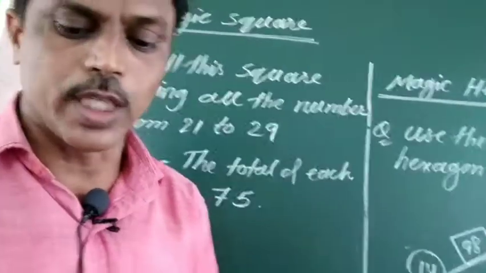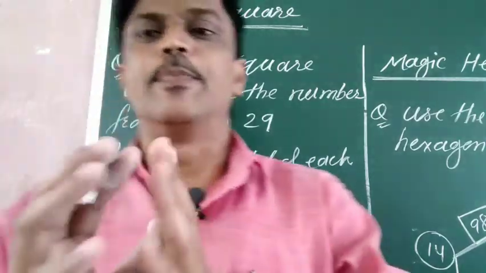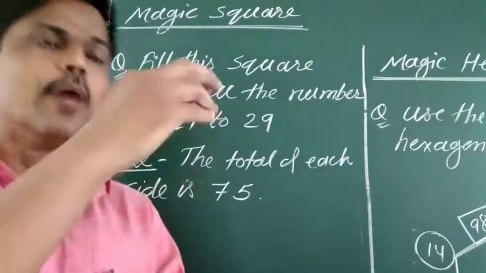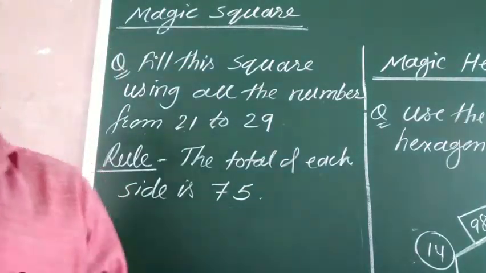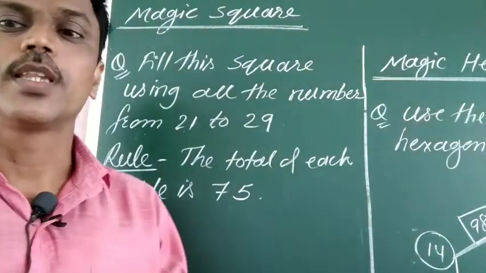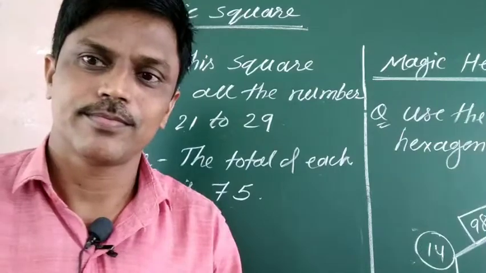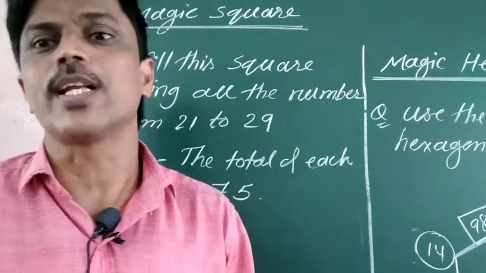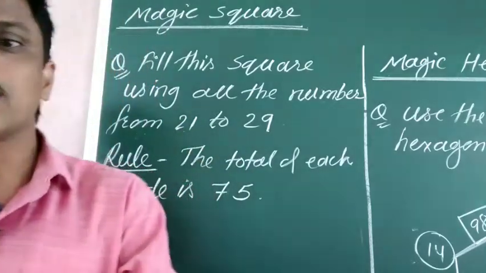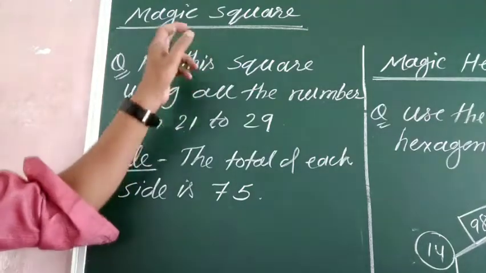In the last class we learned about some pattern rules, that is, which picture is breaking the rule of patterns. We found that picture, marked it, and then tried to correct it. After that, we learned about patterns with numbers, and it was the magic square. Some numbers were given and we put one number in one box according to the rule. Now in today's class also it is about the magic square.